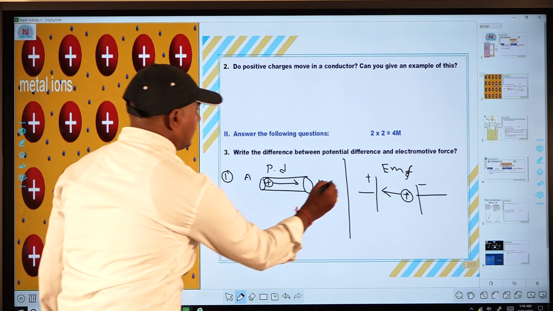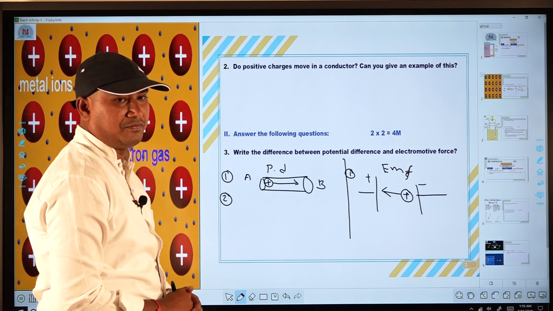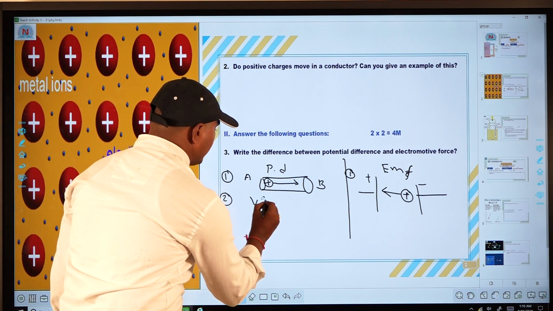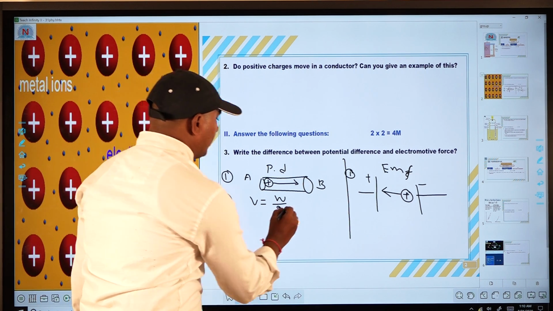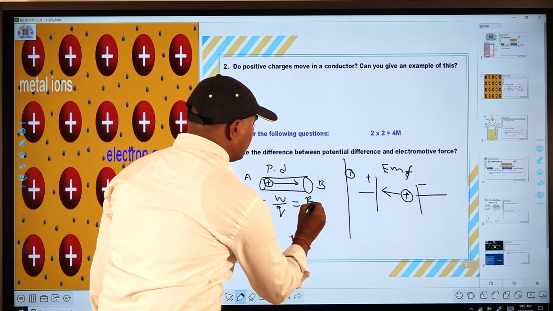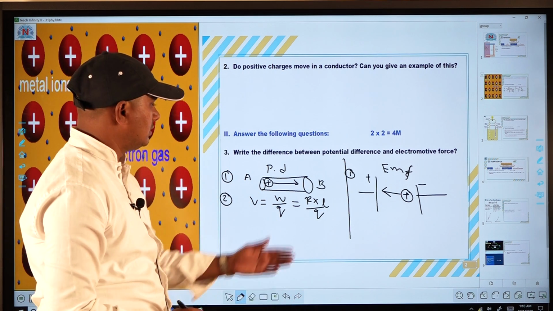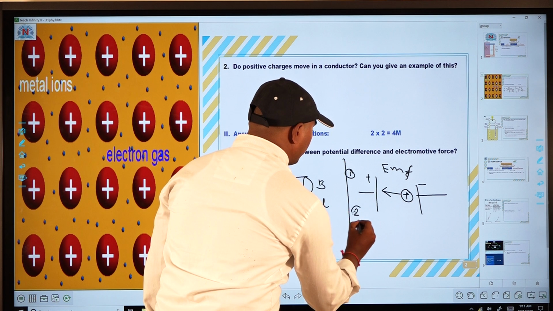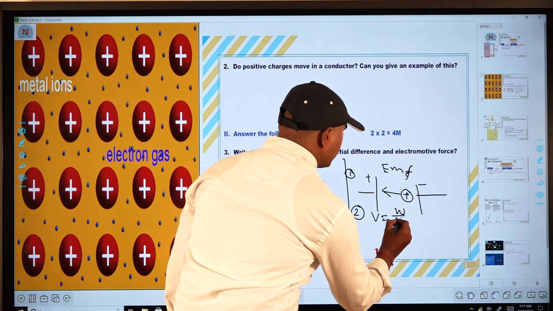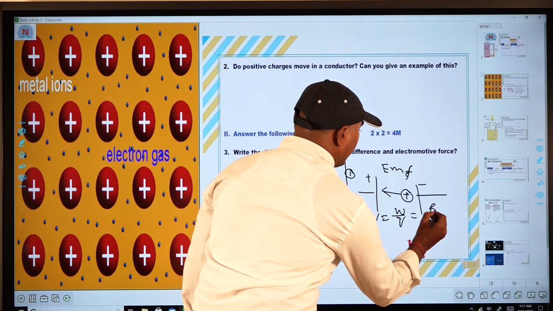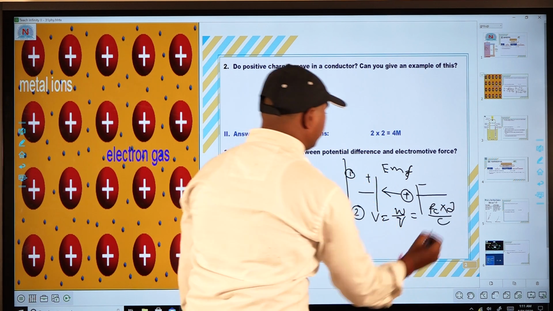And see here the second point. The second point is, what is the formula for potential difference? You can represent it with the letter V. V is equal to work done on unit charge, W by Q. Here the work formula you know very well, force into displacement, F into L, by Q. This is the formula for potential difference. And check here EMF. The formula for EMF is almost the same as potential difference. V is equal to work done per unit charge. Here the work is chemical force into distance d, by charge.